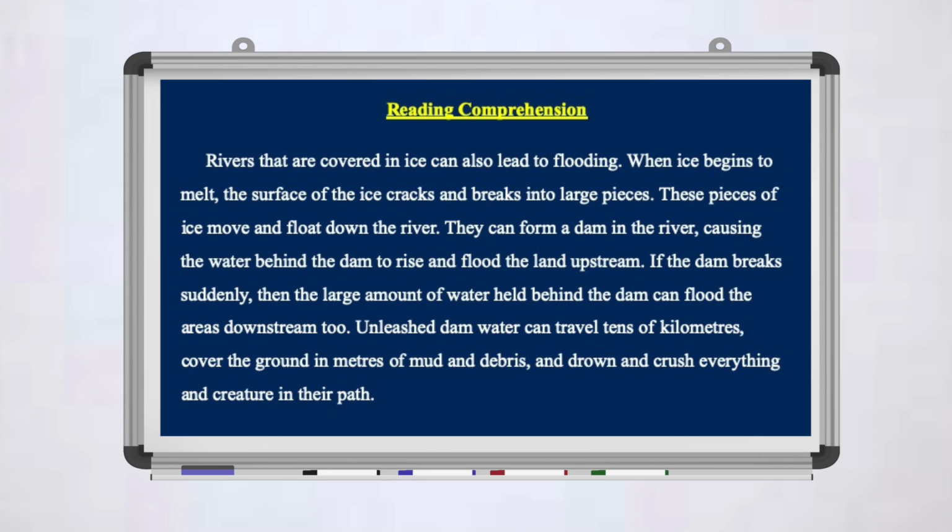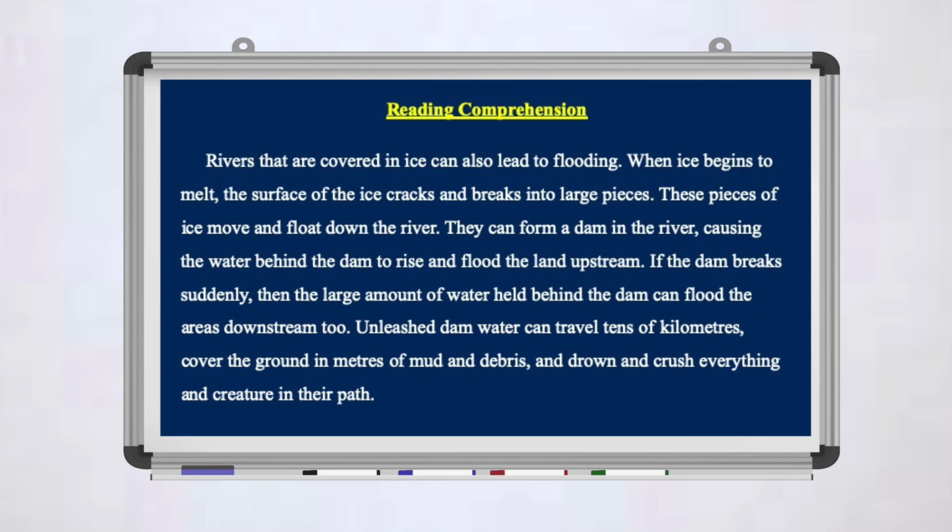Rivers that are covered in ice can also lead to flooding. When ice begins to melt, the surface of the ice cracks and breaks into large pieces. These pieces of ice move and float down the river. They can form a dam in the river, causing the water behind the dam to rise and flood the land